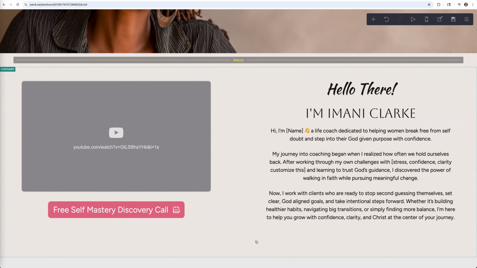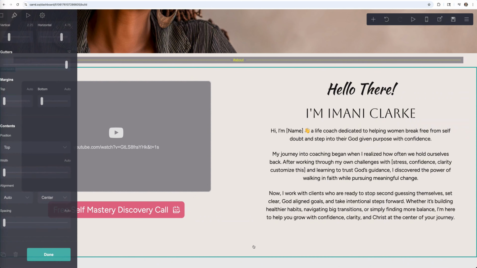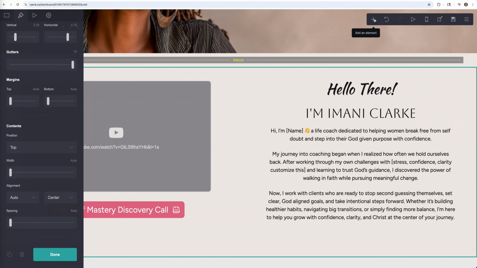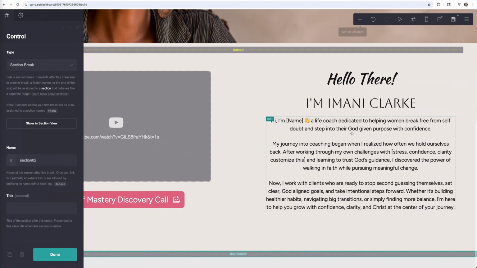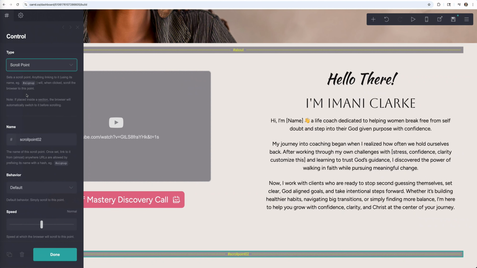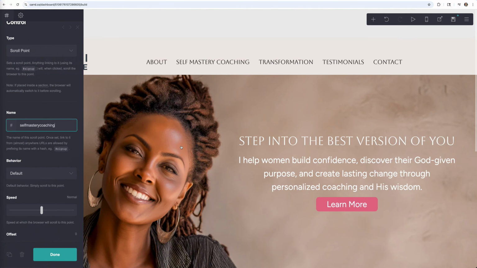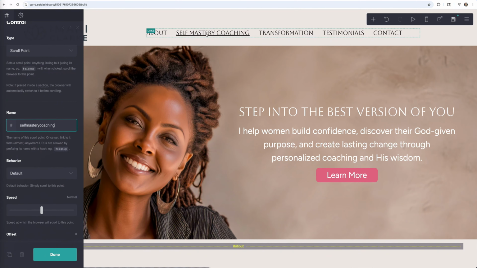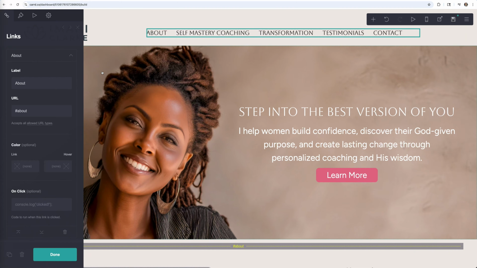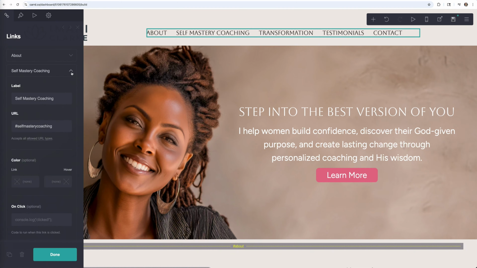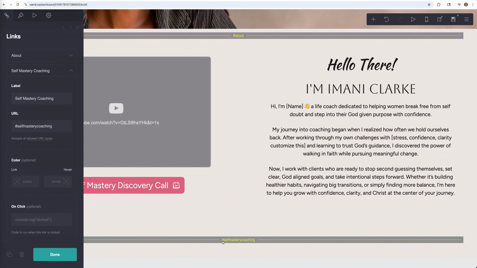We're gonna add our next section. We're gonna click on the container and add a control. Under type, we're gonna make it a scroll point with no spaces. Just gonna name it Self Mastery Coaching, which is the link. And let me actually double check and make sure that's going to be. So URL is linked hashtag Self Mastery Coaching. And if we scroll down, this is hashtag Self Mastery Coaching for the